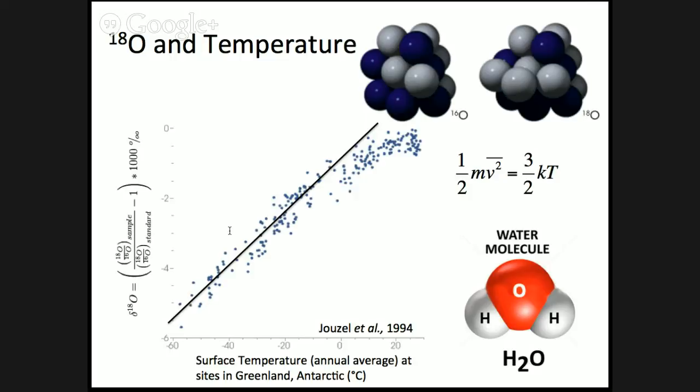And higher than 0 degrees, the relation is worse, because higher than 0 degrees the ice becomes water, and water flows around, so it messes up the relation. So the ratio of the oxygen-18 isotope is a very good proxy to discover the past temperature using the